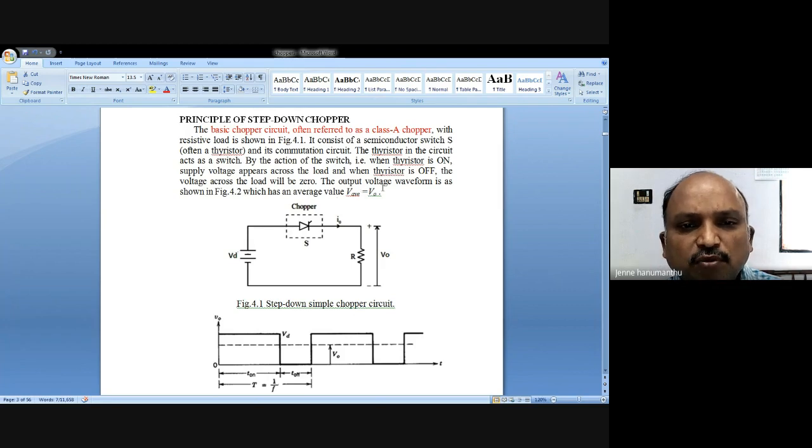The output voltage waveform is shown here, which has an average value V average equals V0.